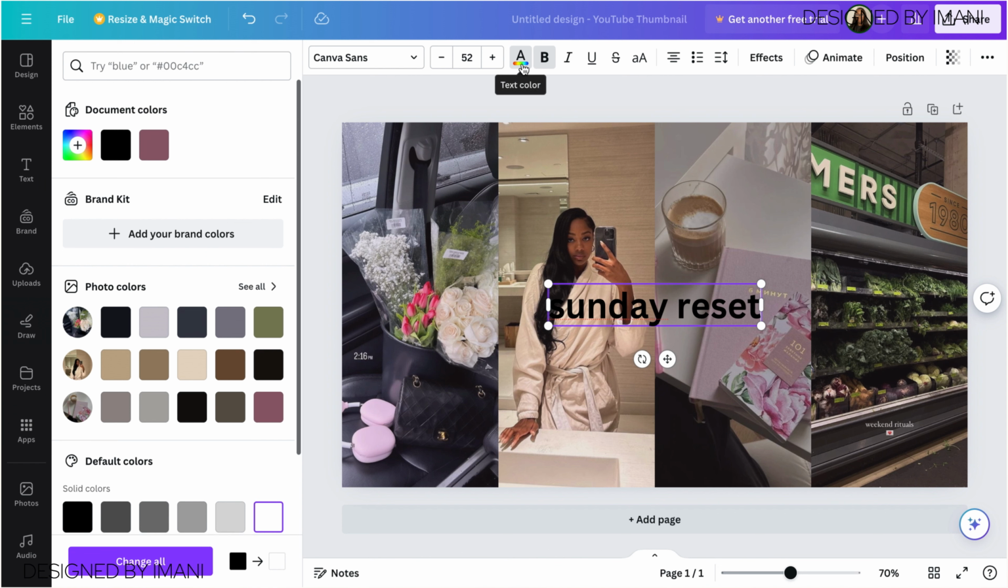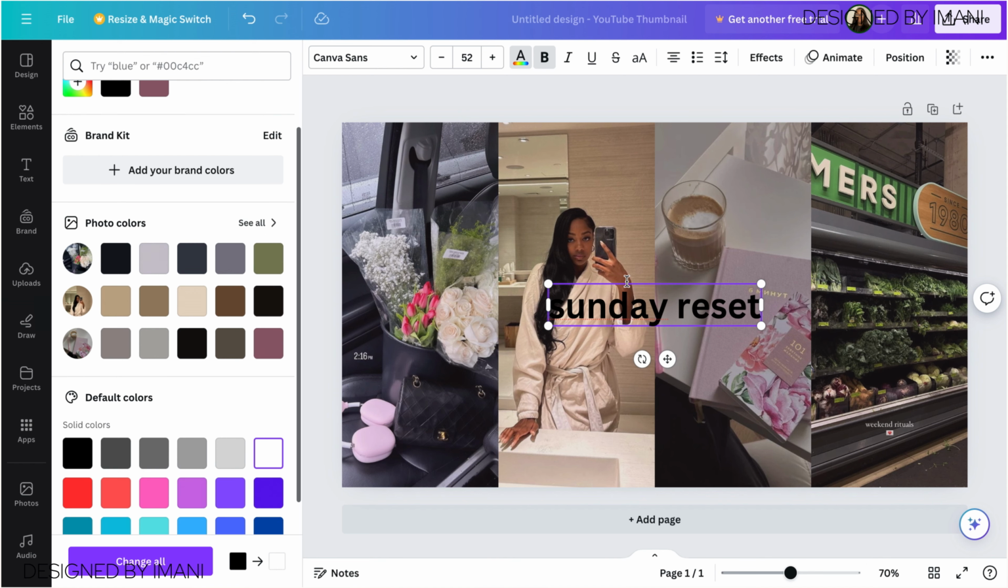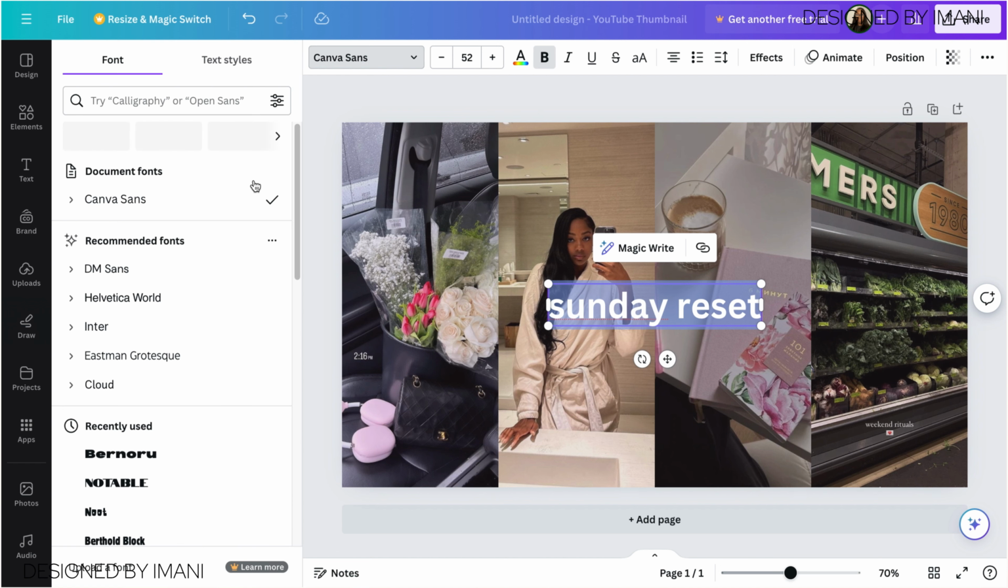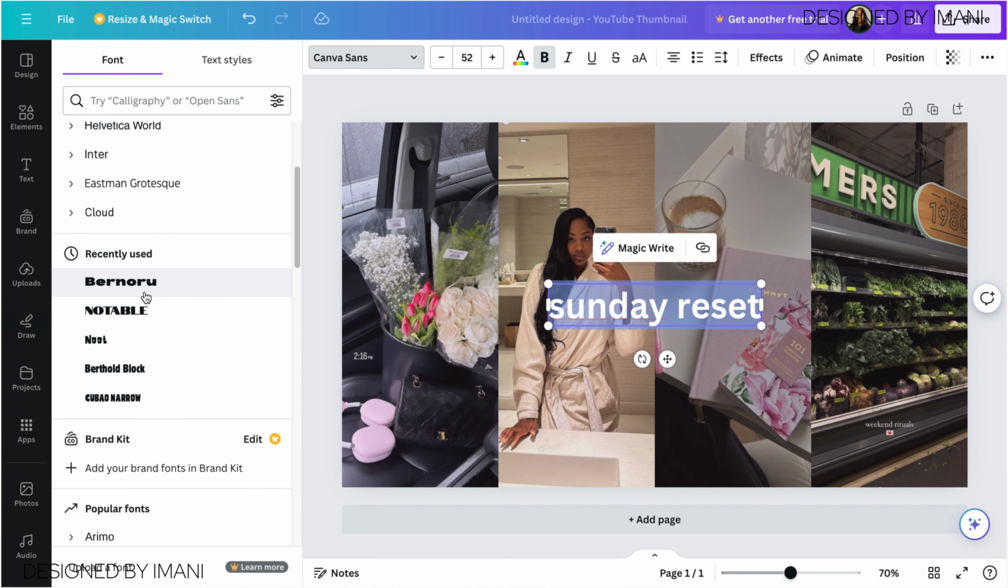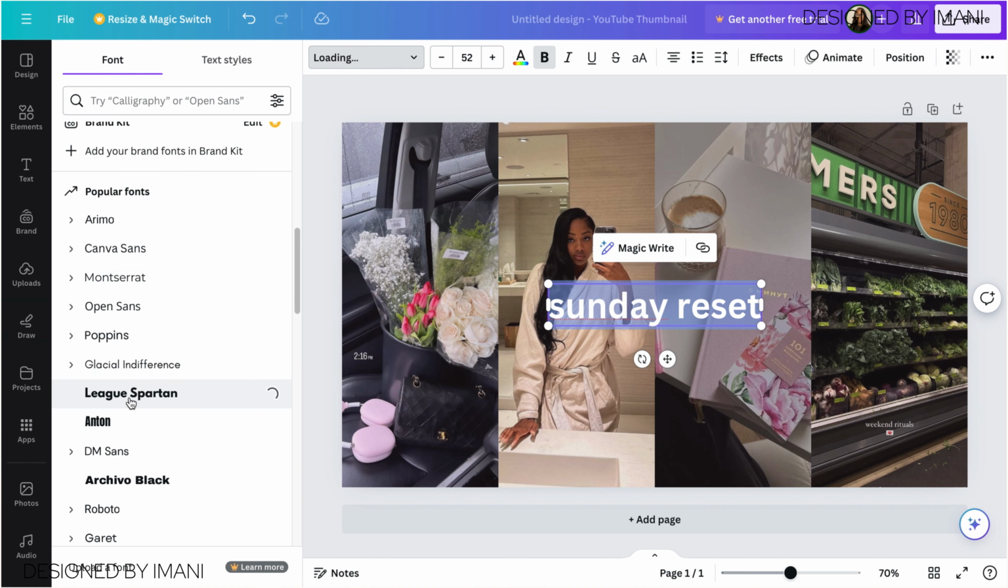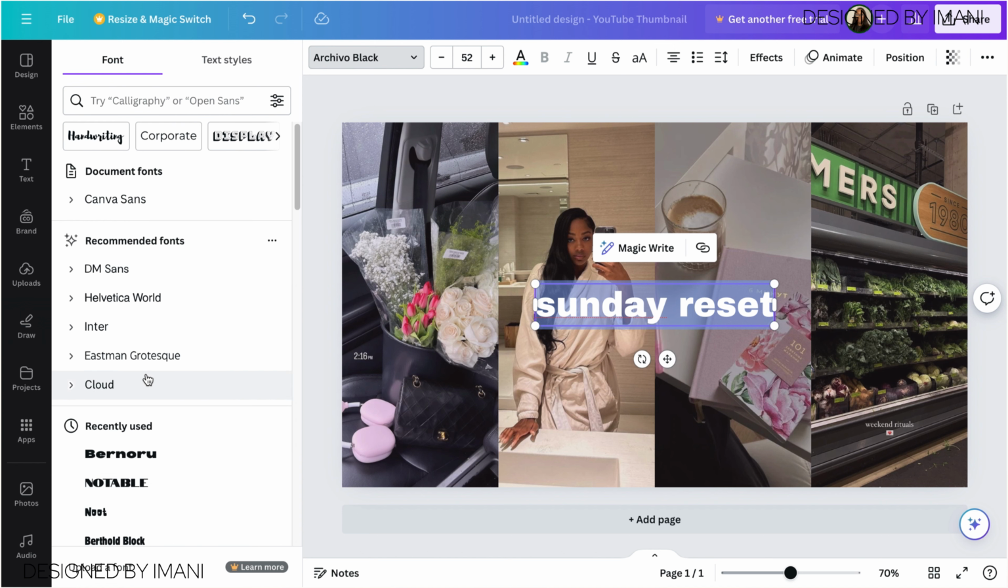You change it by going to the text color, going to the color you want to select, and I'm going to highlight that, press white. And my font is in bold. Now Canva has free fonts that you could select, and they're listed on the side. You can select any font you want, Leak Spartan, any font that you want,